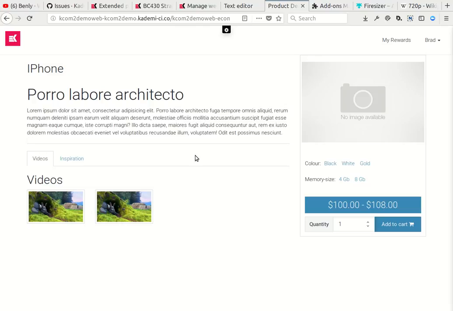Just going to talk about doing extended product content management with assets. Okay, so this is what we're going to build: a product detail page where we can add videos or other pages to it. Alright, so the way we do that is